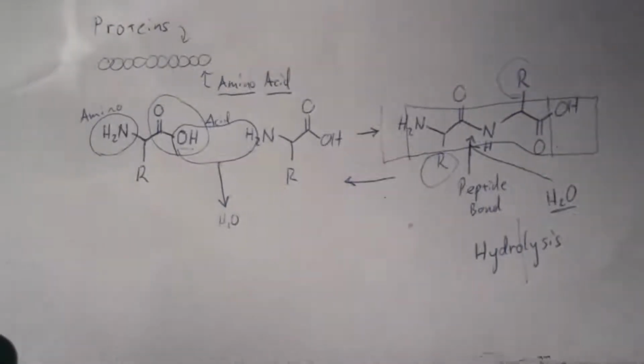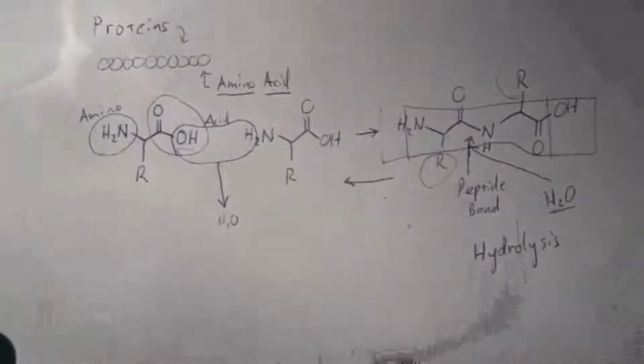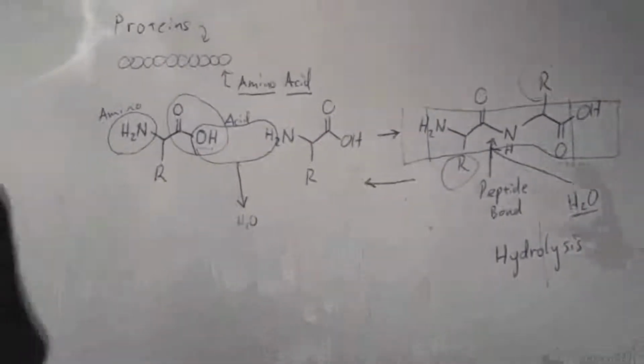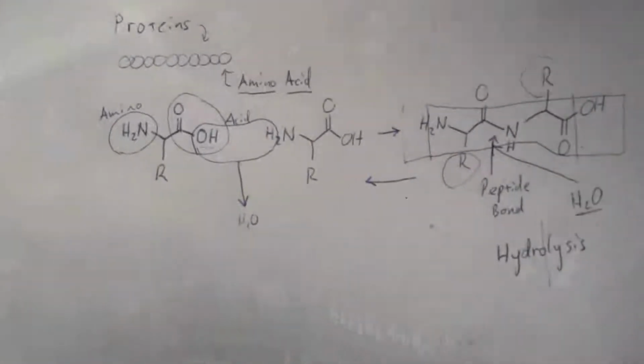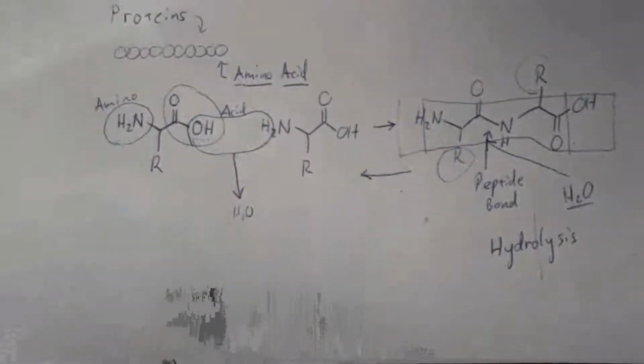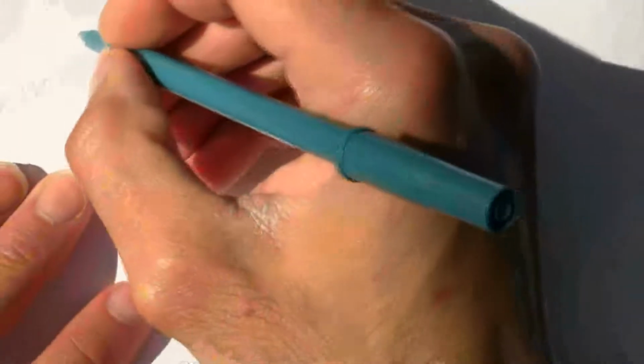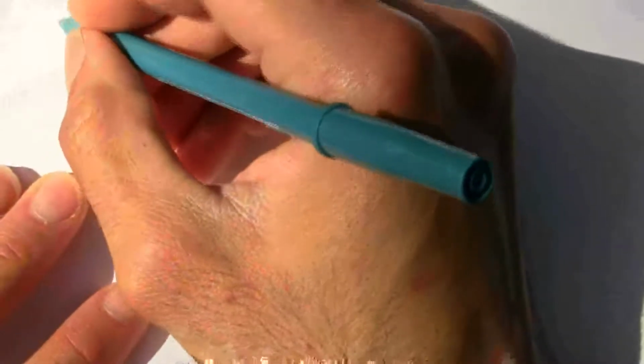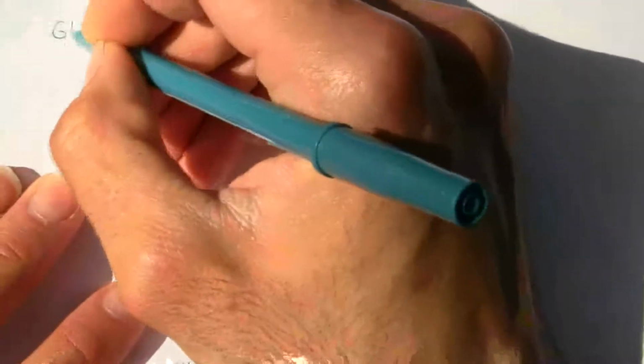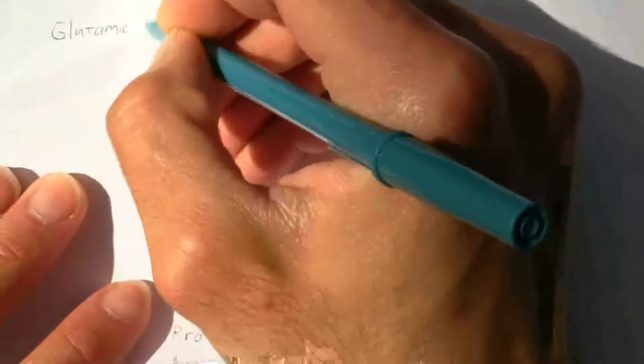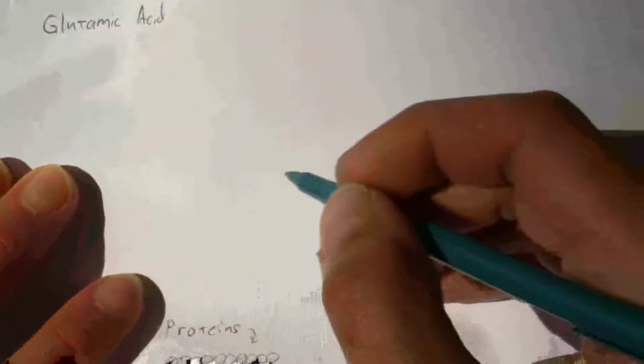Now let's look a little bit more at the chemistry of amino acids. And I'm going to refer to a couple of amino acids in particular that are relevant to MSG and aspartame. Okay, so let's start off with glutamic acid. Glutamic acid is an amino acid, and this particular amino acid,